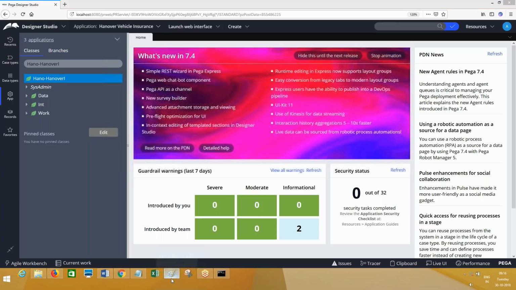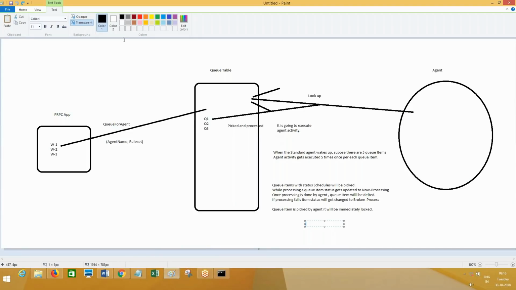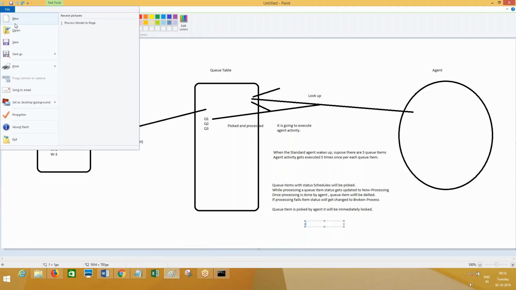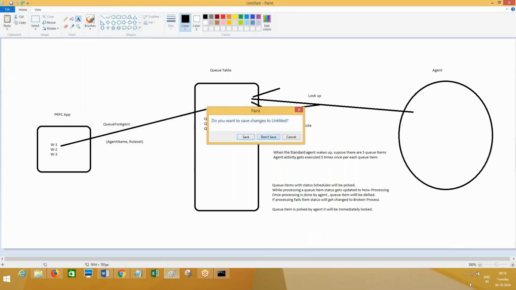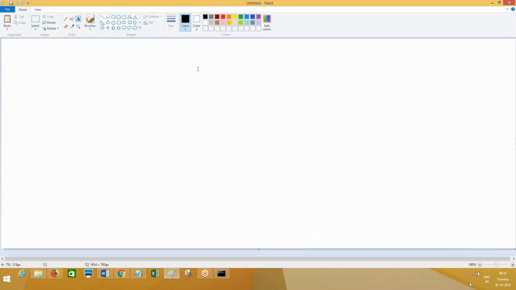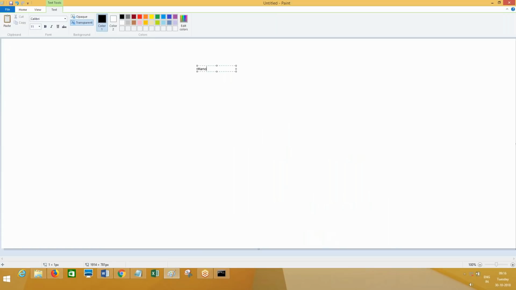So this is the diagram, not this. Let me create a new diagram. So this is the one which is Hano. Just give me 1 minute.